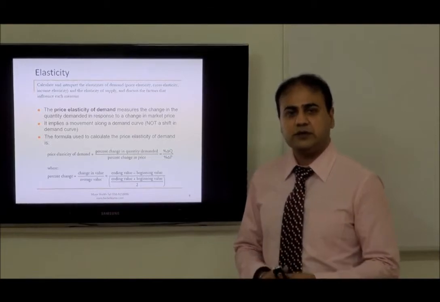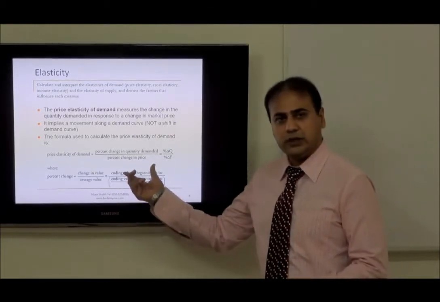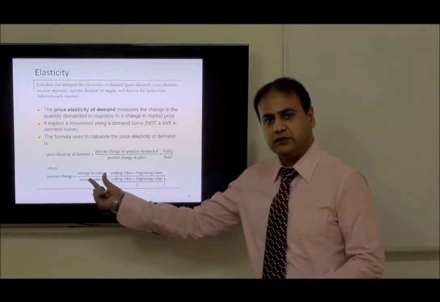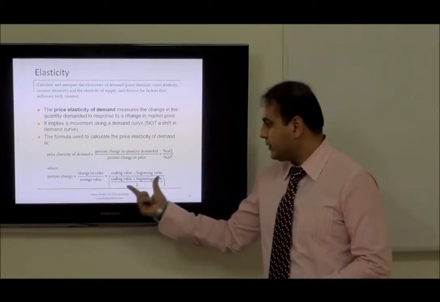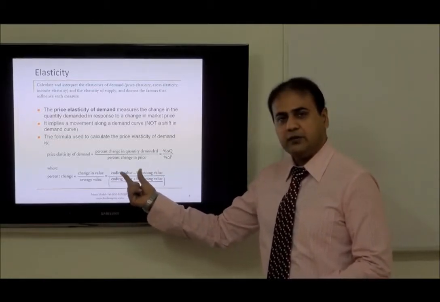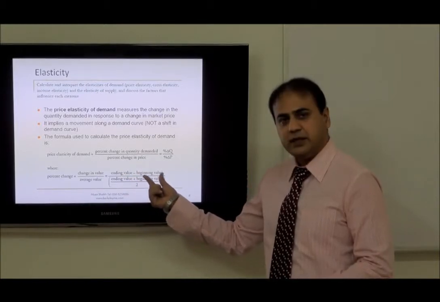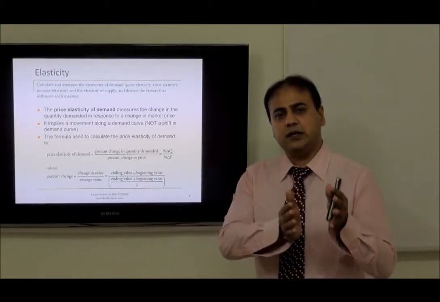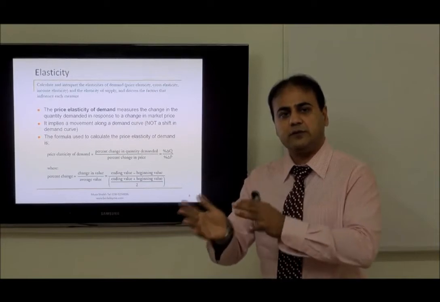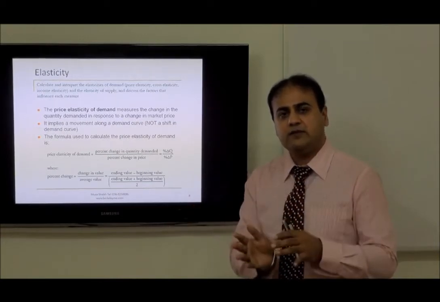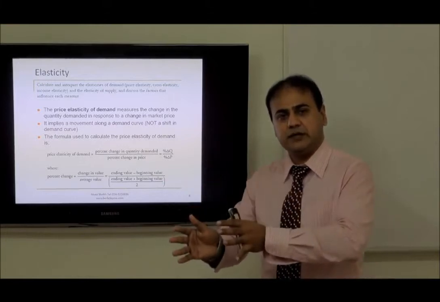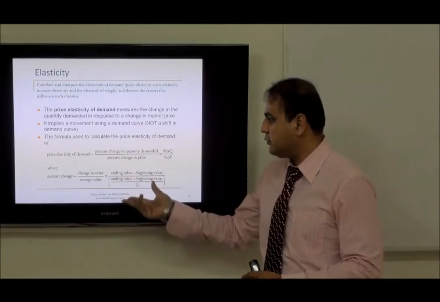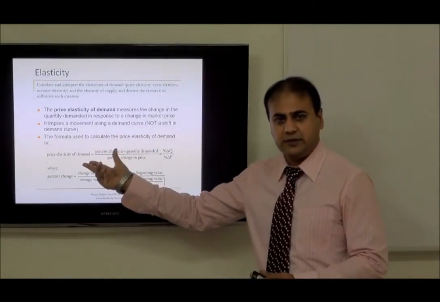Now, if any question comes like this, we will use this formula. And to interpret in detail, the percentage change is equal to the change in value divided by the average value. Extending this, we have the ending value minus the beginning value divided by the average of the two. The question might say that this demand has changed to this demand, so we will have a previous value and a new value. In the same way, the price was this and it shifted to this price. So we have a new price and the old price. Putting the figures in the formula, we can get the price elasticity of demand.